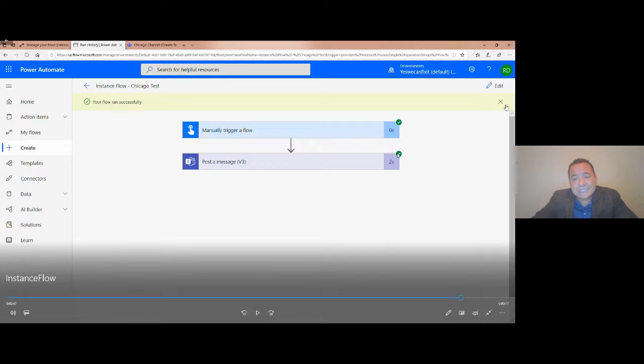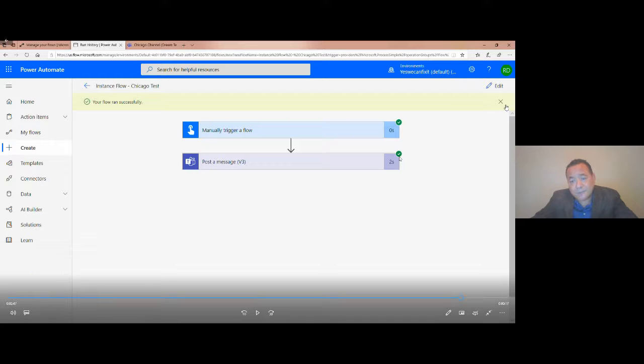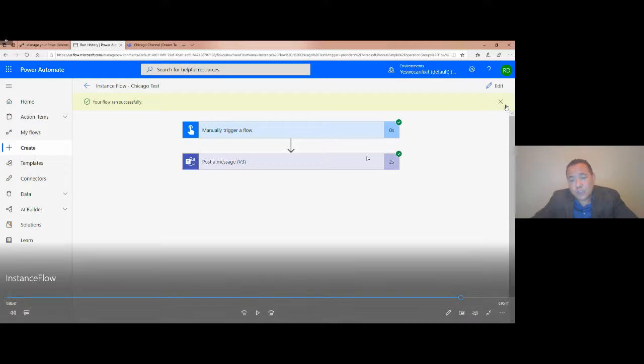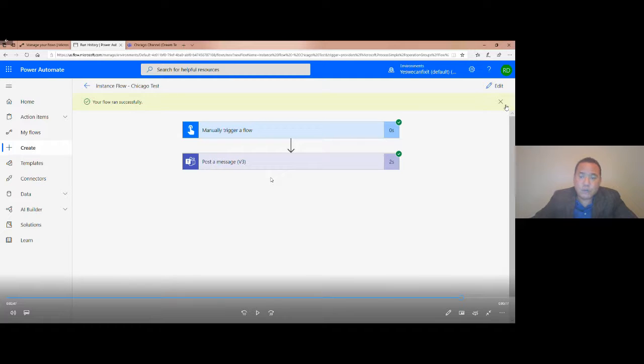Here you can see if it was successful on every one of the steps. You will see the step that didn't go well, and if you click on it, you will see a message. And if you go to the history, I will show you that in a few minutes, you will see that as well to better understand why it didn't work. Every situation will be different, but if you know Flow, you will be able to Google it if you don't know, or just immediately make the changes and run it again.